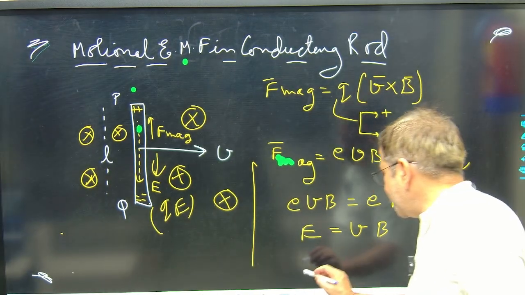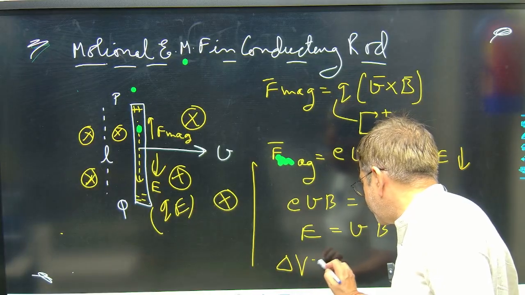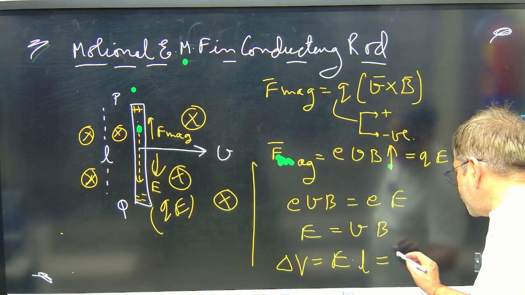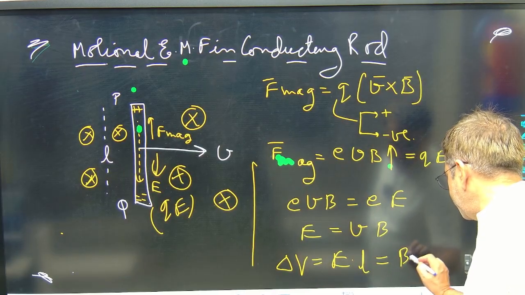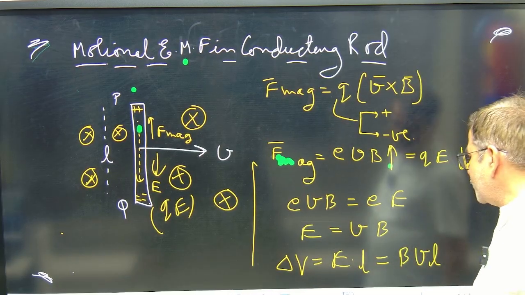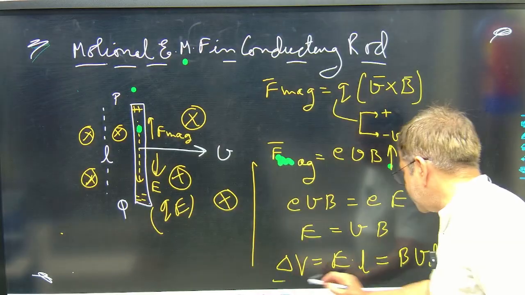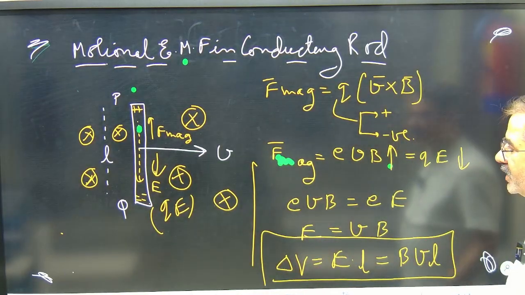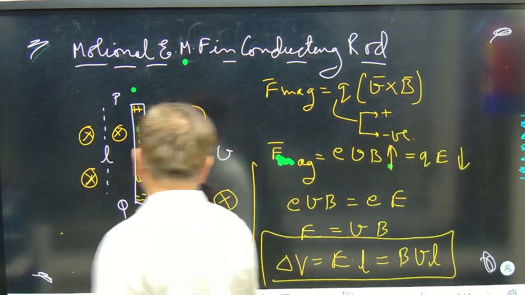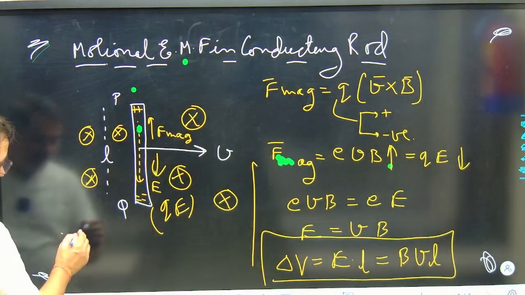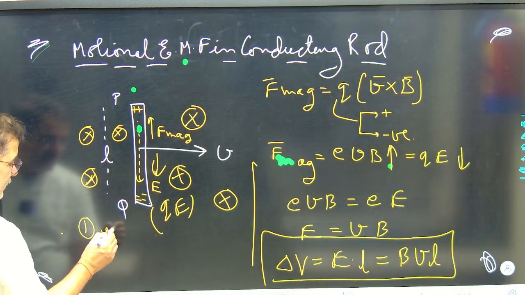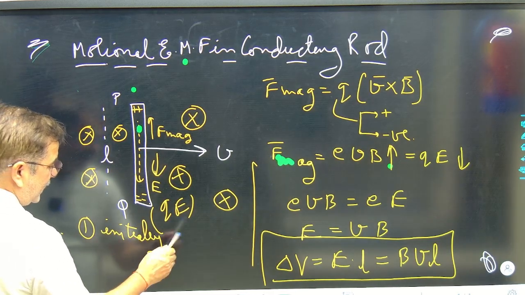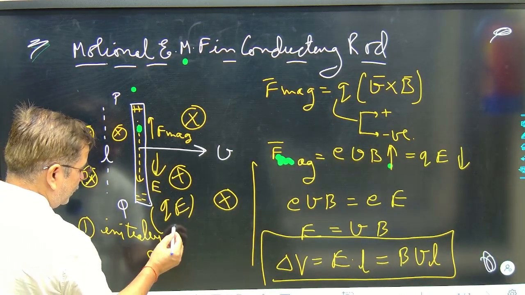So net potential difference developed across the length of rod will be E dot L, and here if I say it is B V into L. So potential difference developed along the length of rod is this value I can apply, correct? Initially magnetic force will be dominating. In the first case I can say initially the magnetic force F magnetic